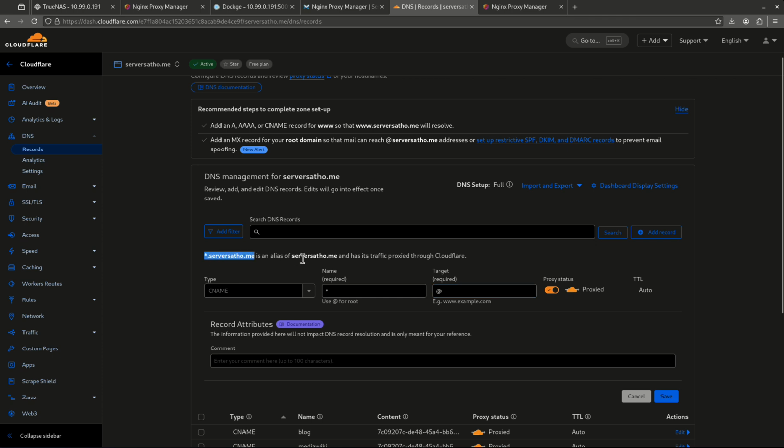Star.serversathome is an alias of serversathome and has this traffic proxied through Cloudflare. Let's talk about what this DNS record actually does. A CNAME entry means it's going to be something dot your fully qualified domain name. The star is a wildcard. Now I'm going to use this example with Nextcloud, so eventually it's going to be nextcloud.serversathome is an alias of serversathome and its traffic proxied